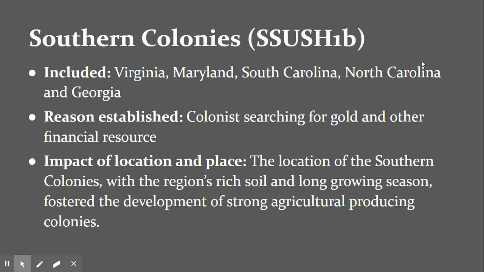We can grow the food, the smoking products, the stuff to make clothing in the southern colonies. And guess what, guys? This is going to last for a long time. And still today, I promise you, if you drive across South Carolina, if you drive across some parts of Georgia, you will see nothing but agriculture.